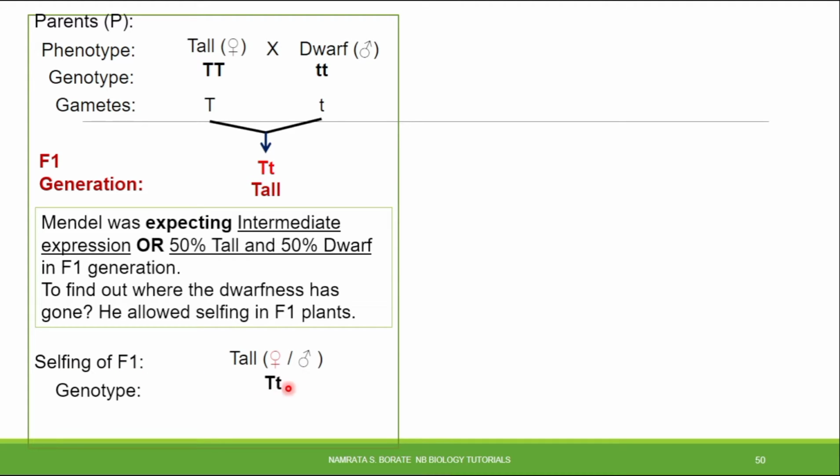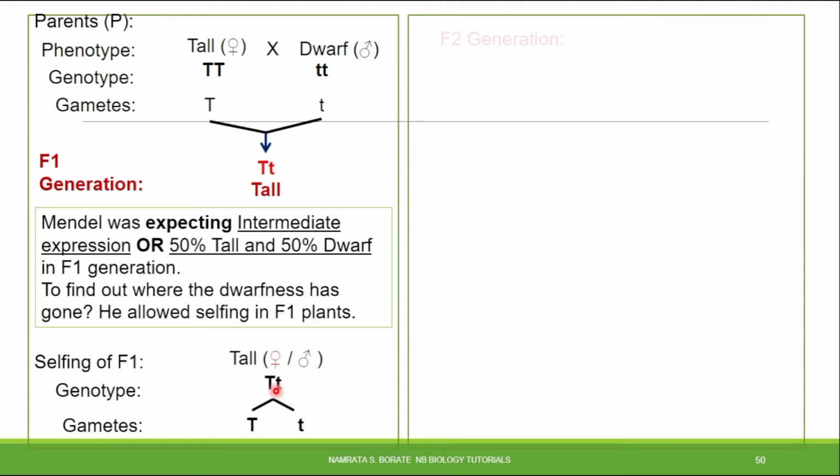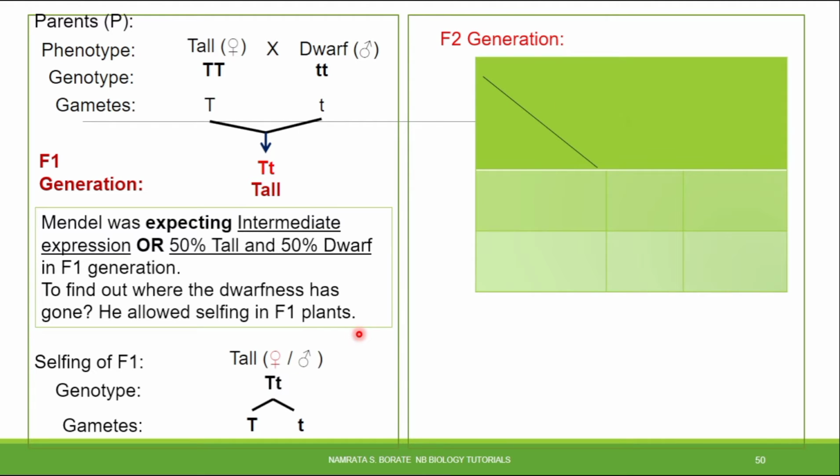So what's the genotype we obtain in the F1 generation? It's capital T and small t. Then how many gametes are obtained? There is a formation of two gametes. That is, the gametes are separated. The genotype which is present is the hybrid tall, but the factors never mix. They remain together, but they never blend with each other. They are separated at the time of the formation of the gametes. So what are the gametes? That is capital T and small t. As it undergoes selfing, there are two gametes here and it undergoes the selfing.